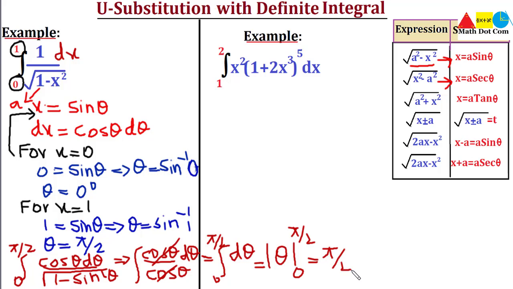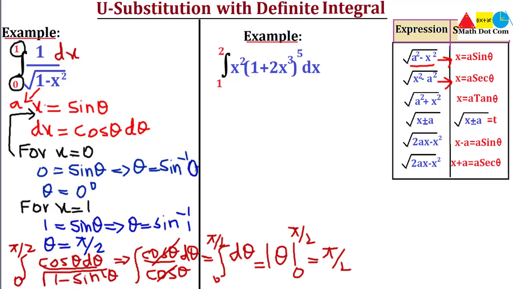So this is how you can evaluate definite integrals using the U substitution method and using the suitable substitutions that I have mentioned in the table for some special cases and situations. Now let's have one more example for your ease, so you can easily have hands on it whenever you come across definite integrals and you have to use the U substitution method.